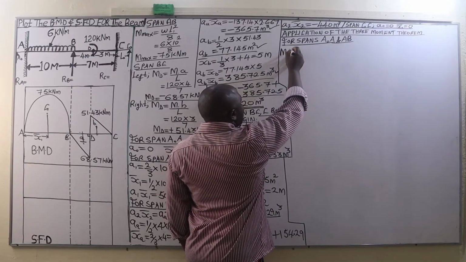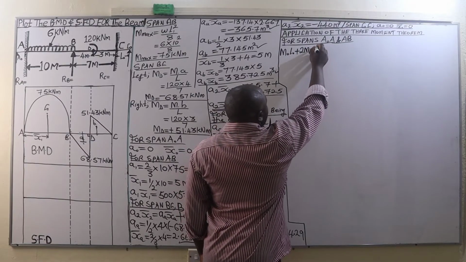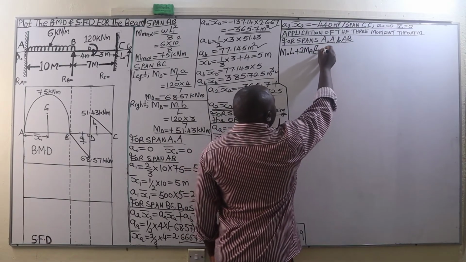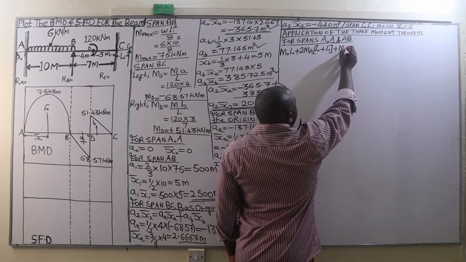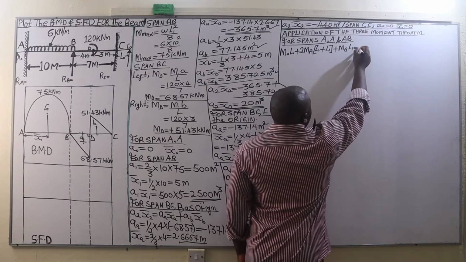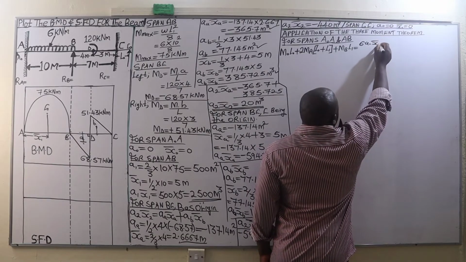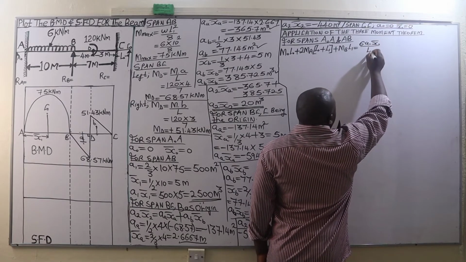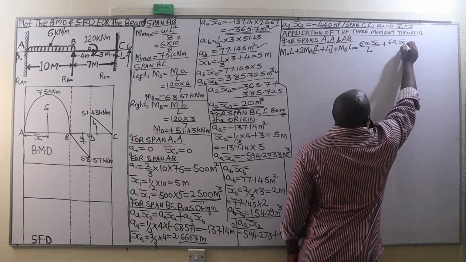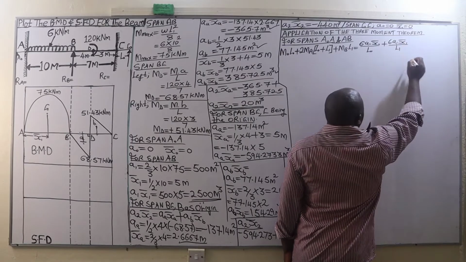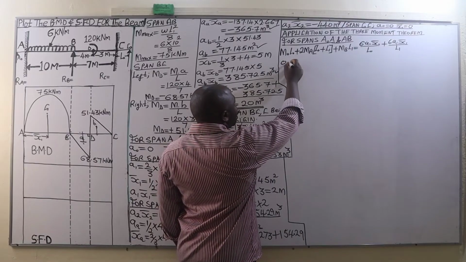We are going to have M0 L0 plus 2MA into bracket L0 plus L1 plus MBL1, which is going to be equal to 6A0 by X0 divided by L0 plus 6A1 by X1 divided by L1. And in this case, M0 L0 is 0, so 0 plus